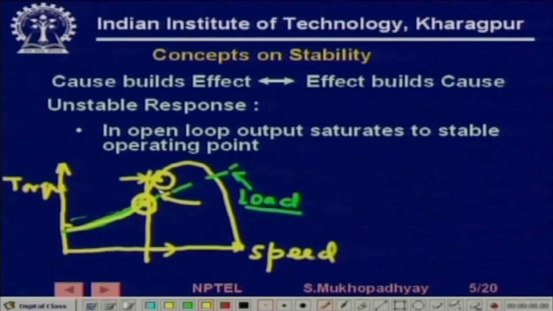Now this extra torque will do what? It will increase the speed of the motor. So, now the motor will go to this point, where it has further extra torque, and finally it will eventually settle at this point. At this point again the generated torque is equal to the load torque, but if something increases the speed and it comes to this point,